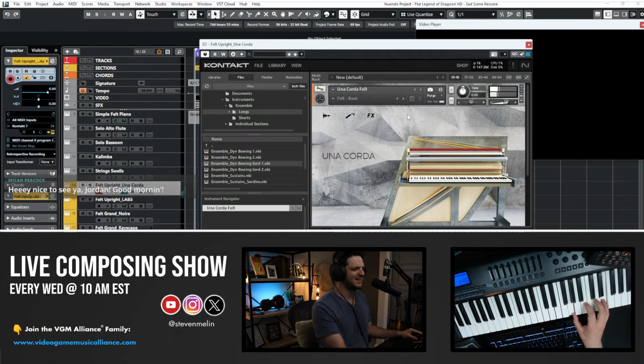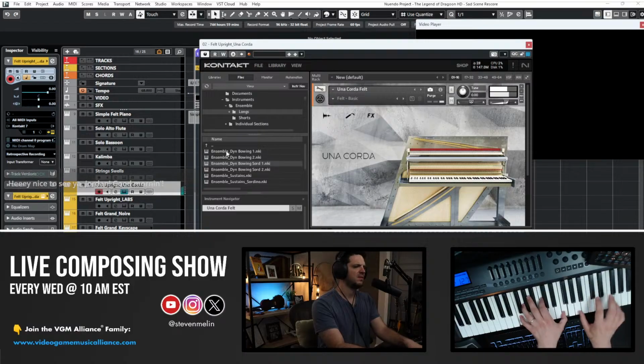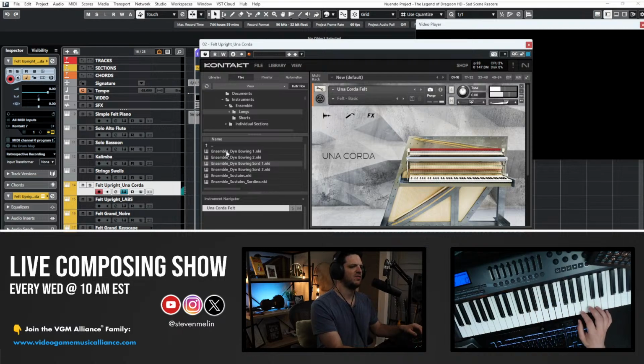And immediately, I'm not going to bash the other companies by any means. This sounds like a studio piano, like a pop piano. And it's not bad, but you can already hear a very bright, tinny sound to it.